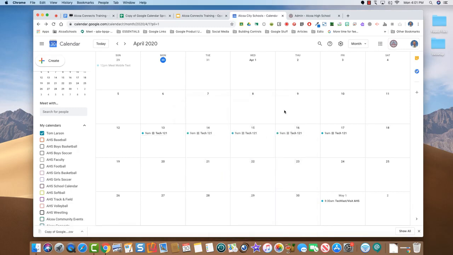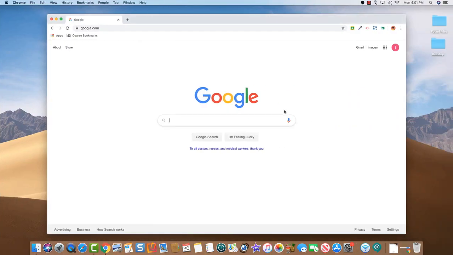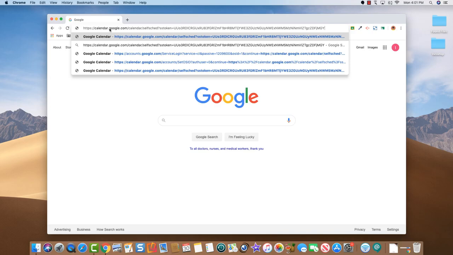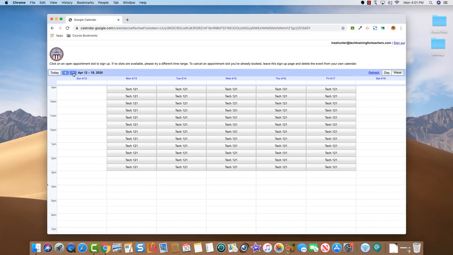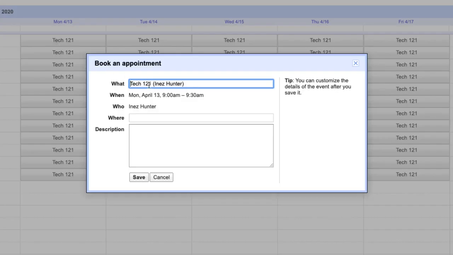All right, I've got another account that I'm going to switch over to right here, and I'm going to assume that this person was able to access the link. So this is what it looks like for them. If they go over to the week where they can make the reservation, they can see, oh, lots of spots open. So I'm going to take the first one here on the 13th at 9 a.m. So if they click that,